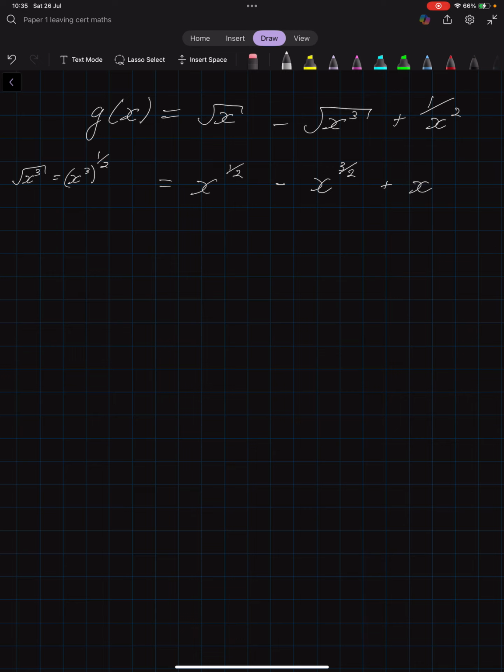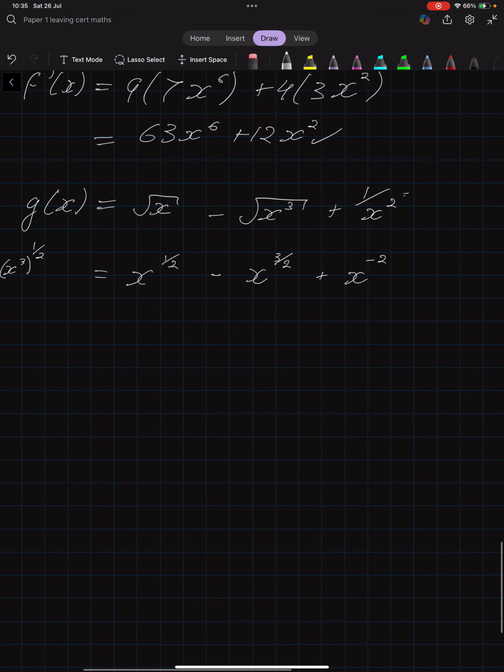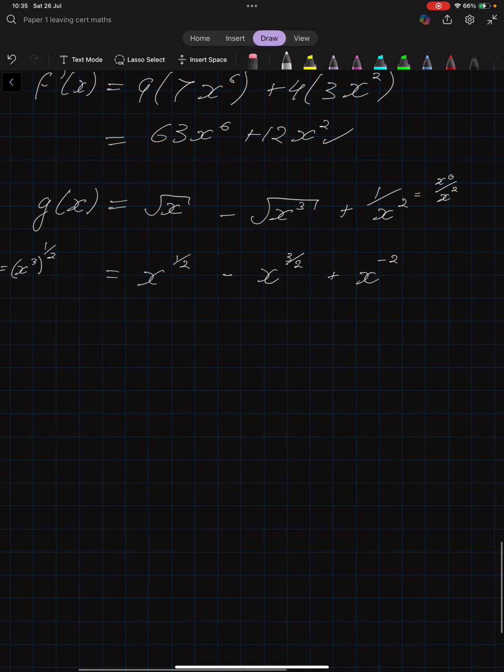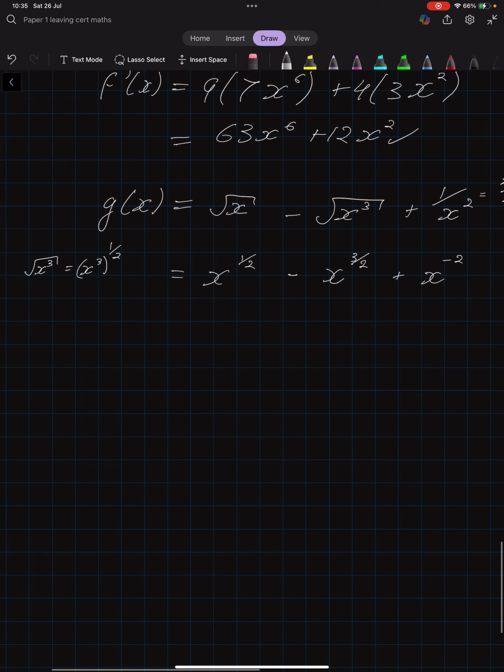The very last one, that's x to the power of minus 2. So remember, the minus basically means it's 1 over that thing, okay? Because you can also write it as x to the power of 0 divided by x squared. Minus the powers, 0 minus 2 is minus 2. So I'm just left with this. Okay? So now g prime,